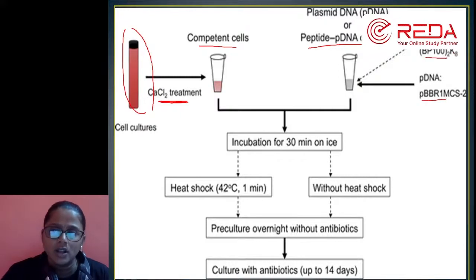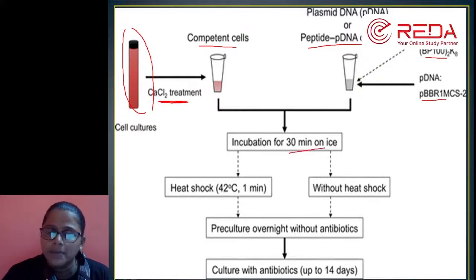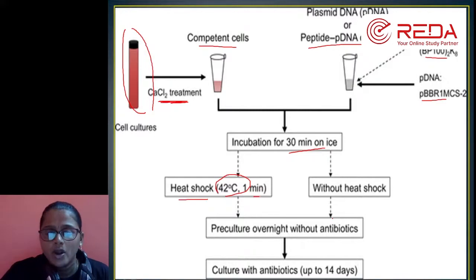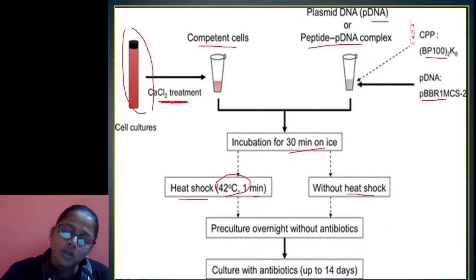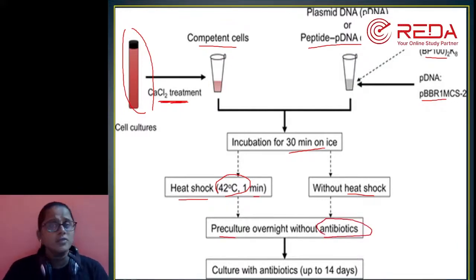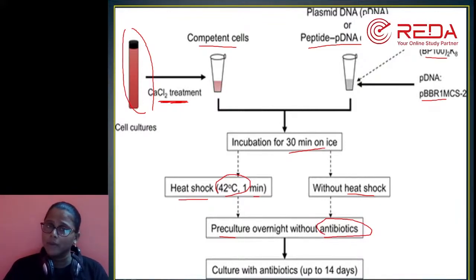These are all vectors which contain that DNA. You put this together and incubate for 30 minutes on ice. Then you give a heat shock at 42 degrees Celsius for 1 minute, and then without heat shock. Both, with heat shock as well as without heat shock, are pre-cultured overnight without